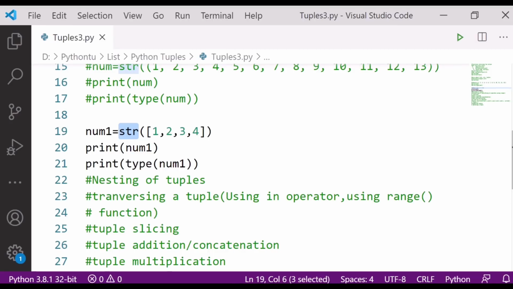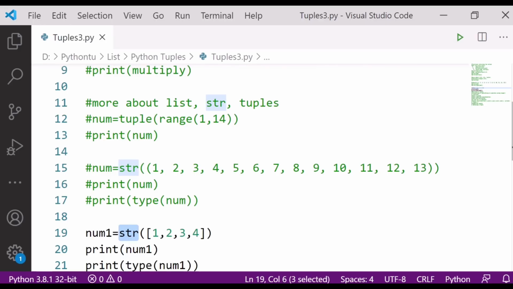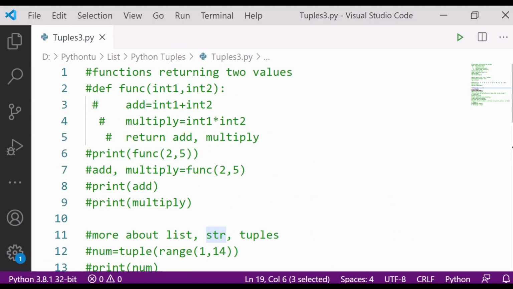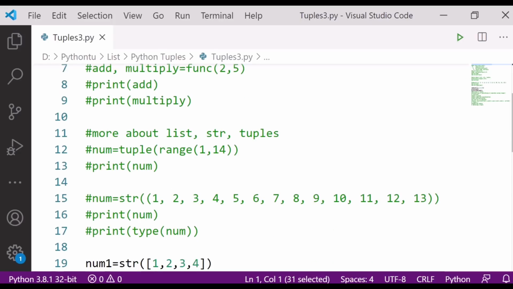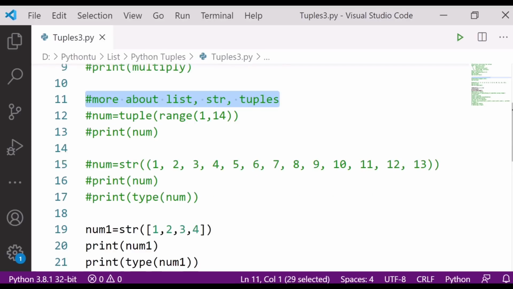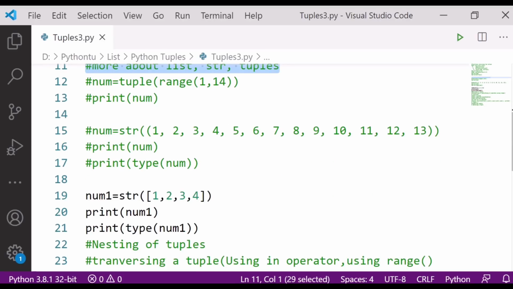So we simply have talked about function returning two values, how to do that. Then we talked about list, string and tuples, how to convert it, and how to have the range also. So this much we have learned here. Now next is nesting of tuples.